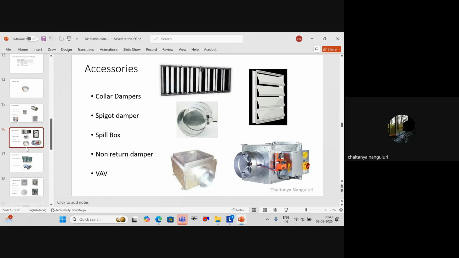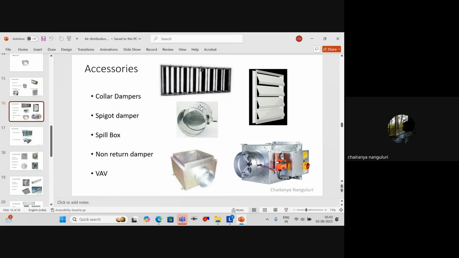So, if you remember yesterday, we had a discussion till the non-return damper, right? We need to continue with the other components. So we will start with